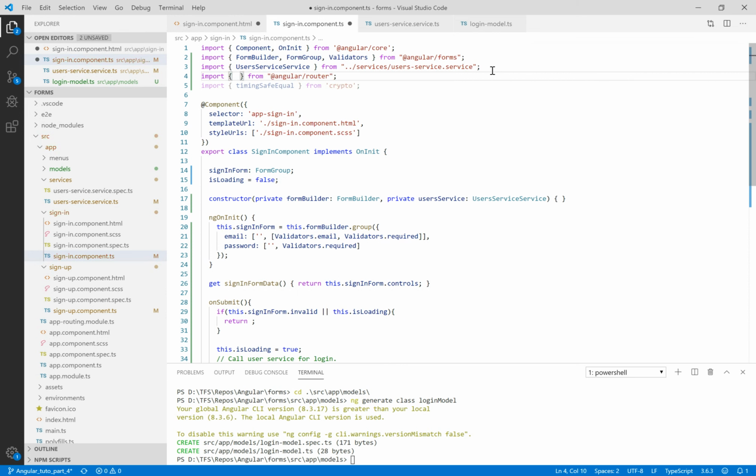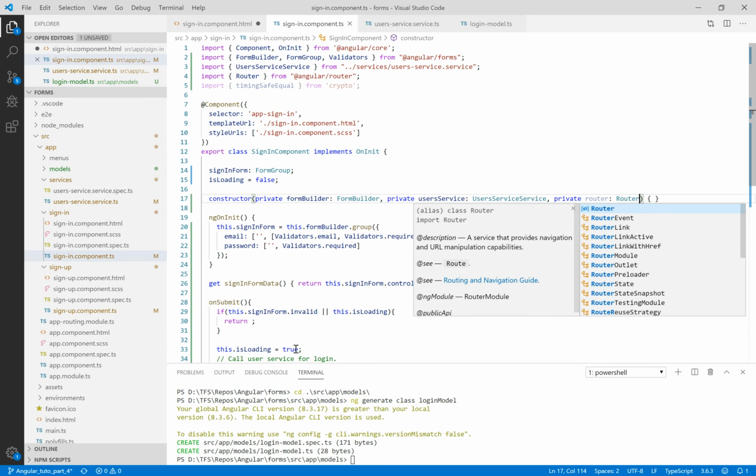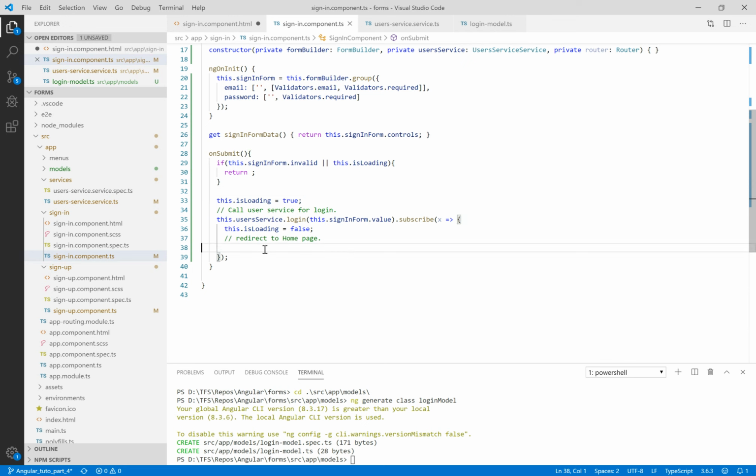Eventually we need to inject this router like a dependency in the constructor, so let's add private router type of Router class,